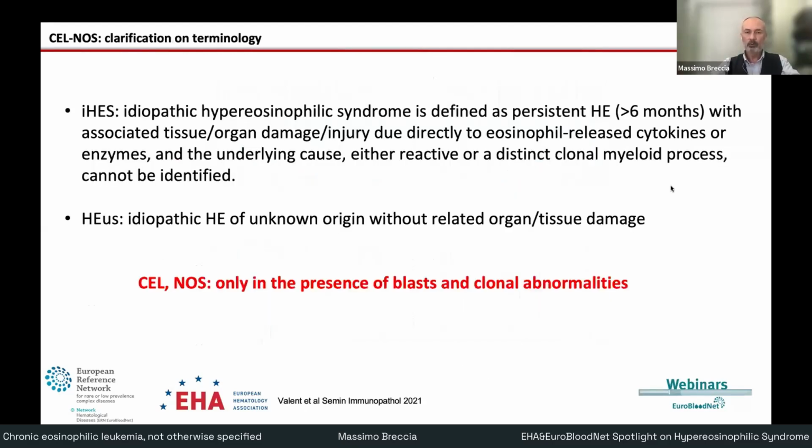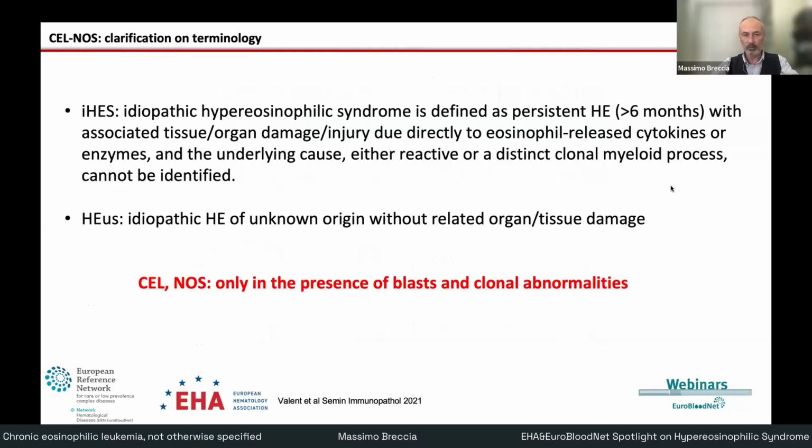So we have to clarify at first, I believe, some terminology, because most of the time in the literature it is very confusing, you see CEL-NOS together with idiopathic hypereosinophilic syndrome, in which indeed the organ damage and injury is due directly to eosinophil-related cytokines or enzymes. So CEL-NOS could be diagnosed by exclusion only with dysplastic morphology, the presence of blasts in the bone marrow, and